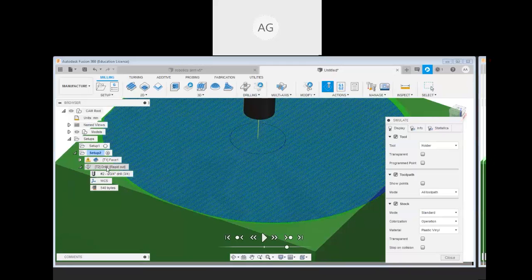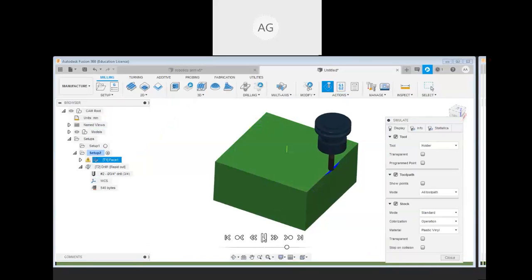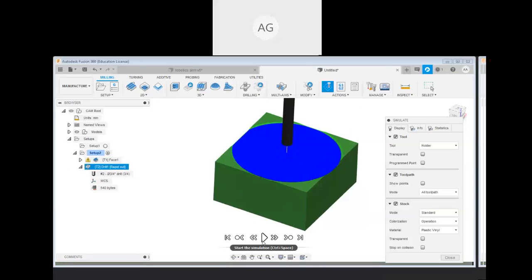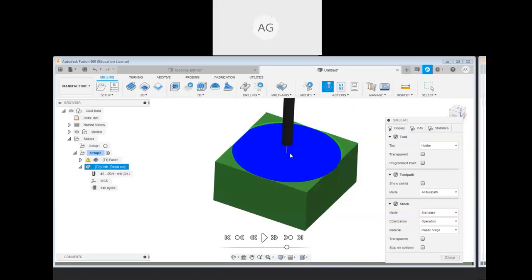Now you can see how drilling is working over here. This one is the first part. And after doing this, it will go to the next operation. Now it is the drilling operation. In the drilling operation, the depth has not been defined yet. So next operation you can see this one is drilling. So this one complete hole is being selected. So we have to select only a small part so that we can make it smaller.